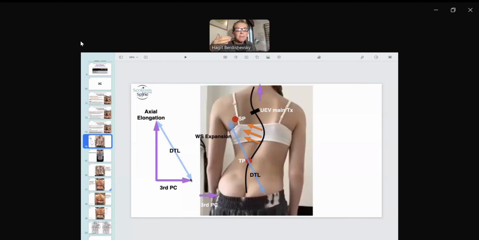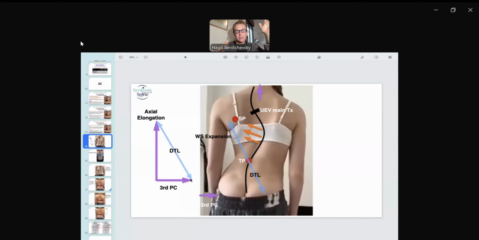It's not something that we are forcing, telling the patient, okay, take your body and climb and go in the diagonal traction way, which took me many years, and listening and understanding Rigo, it is a consequence. The diagonal traction line is a consequence of third pelvis correction and axial elongation,